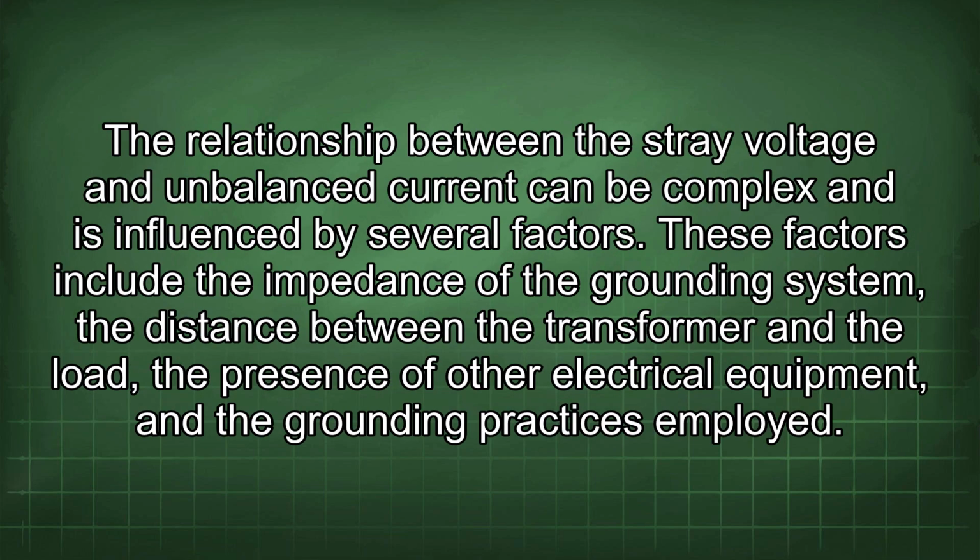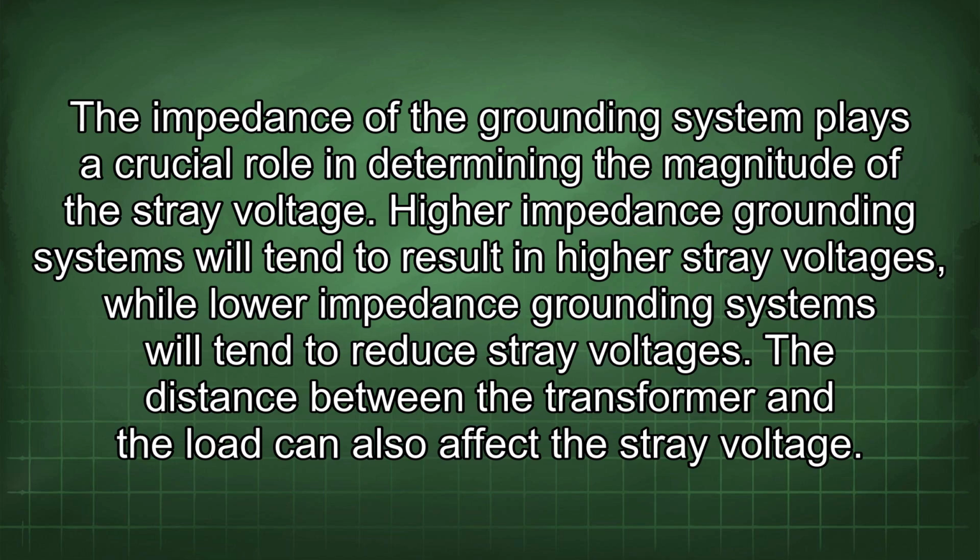The relationship between the stray voltage and unbalanced current can be complex and is influenced by several factors. These factors include the impedance of the grounding system, the distance between the transformer and the load, the presence of other electrical equipment, and the grounding practices employed. The impedance of the grounding system plays a crucial role in determining the magnitude of the stray voltage. Higher impedance grounding systems will tend to result in higher stray voltages, while lower impedance grounding systems will tend to